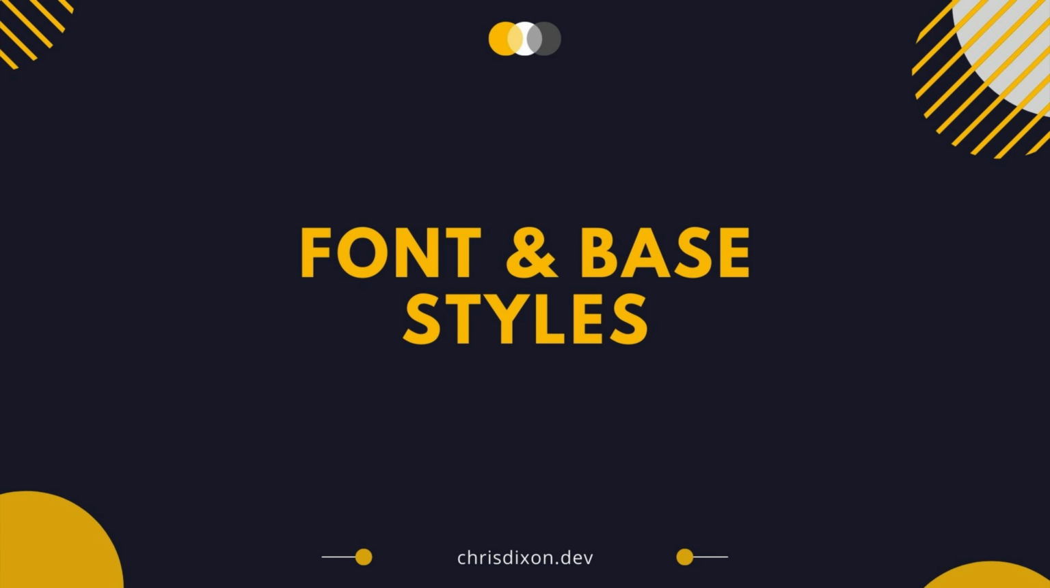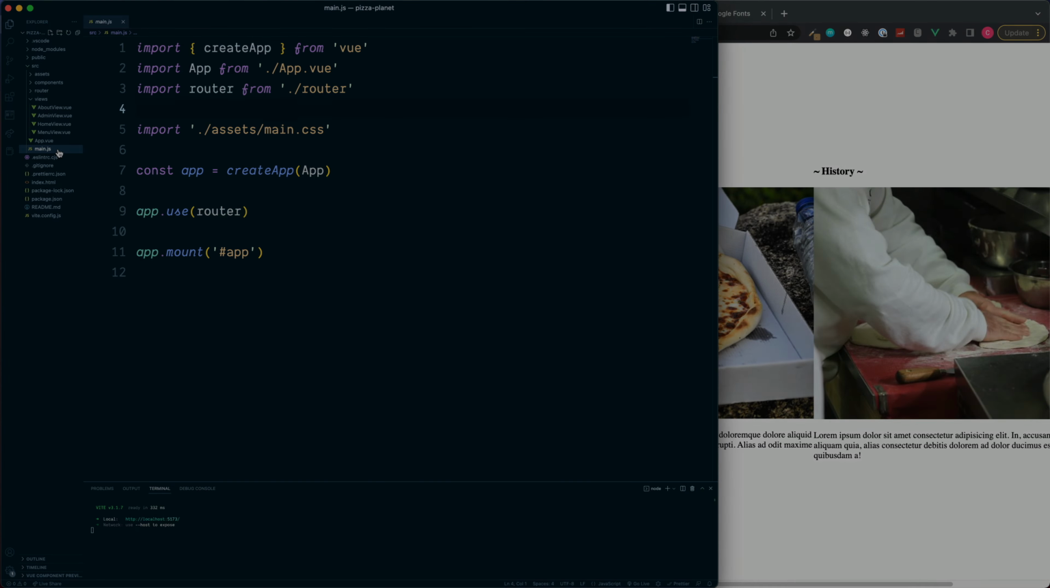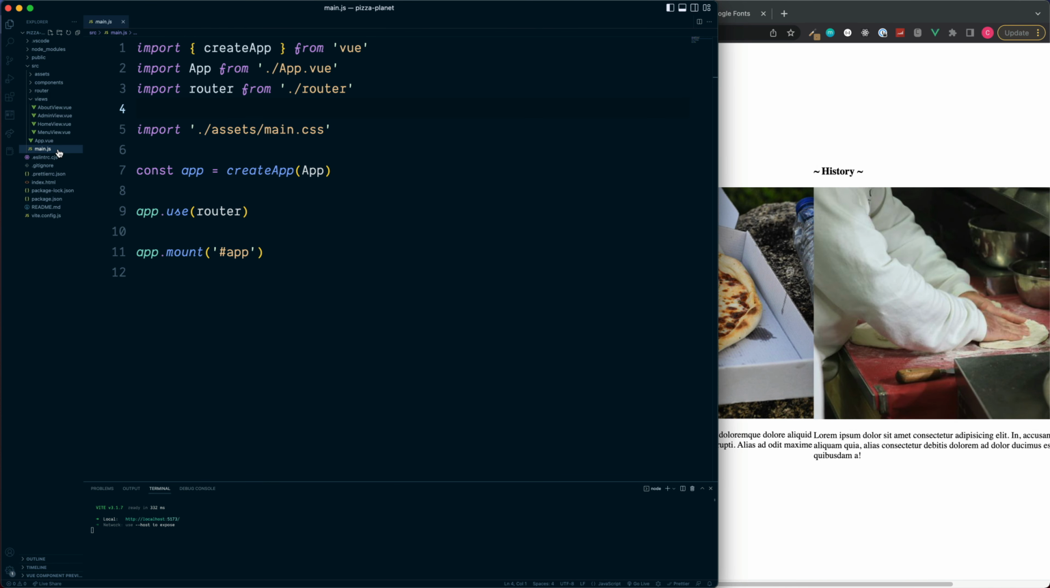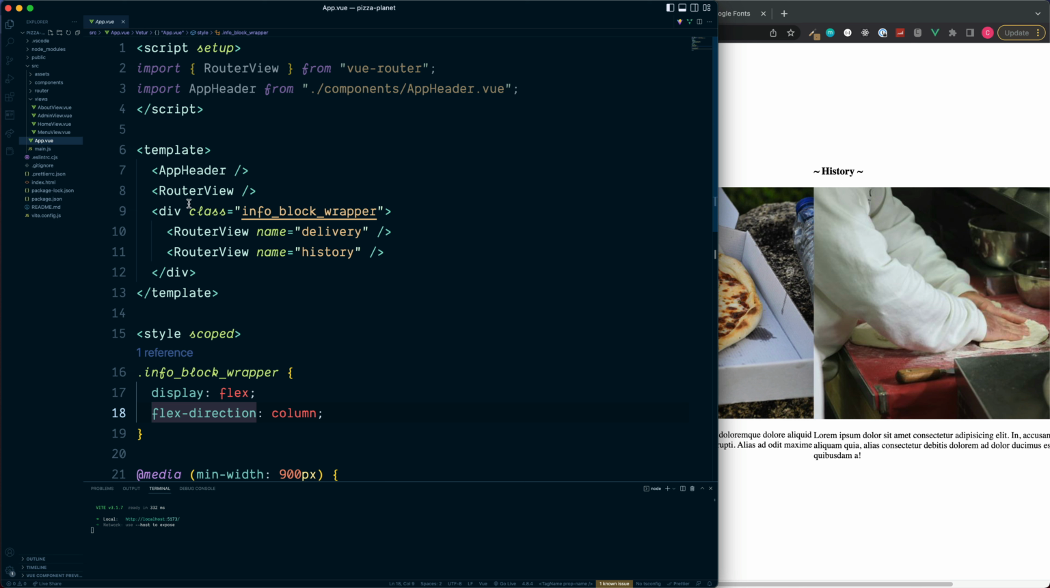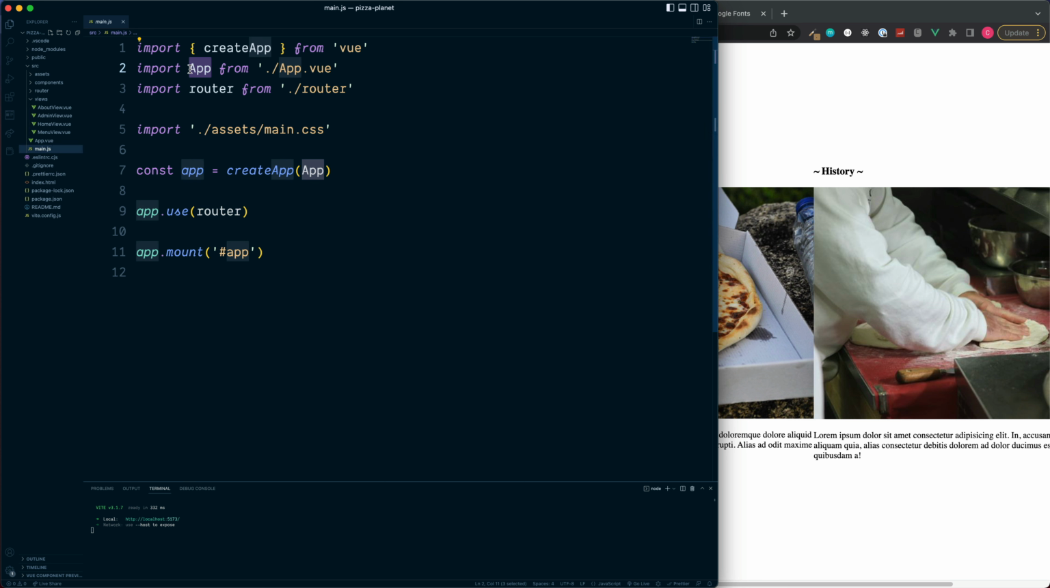Inside of our project, we have this main.js file. This is the file which is responsible for creating our app. We import this from the Vue library. We also import the main app component, which is this one just here. This is the main entry component and everything else is going to be nested inside. We pass this file to create app and then we mount the application to the DOM with the ID of